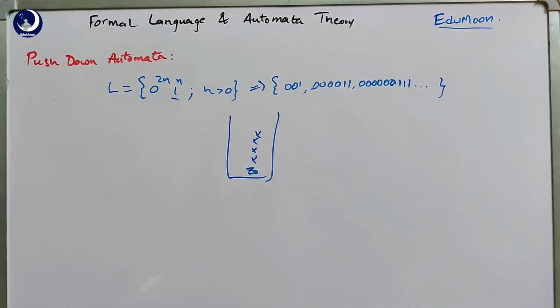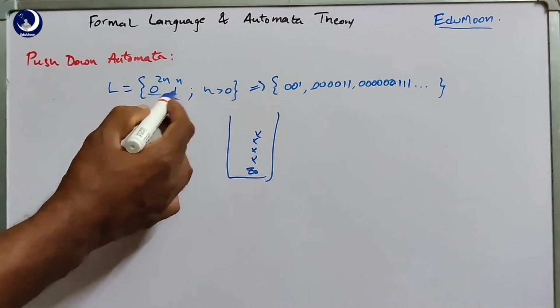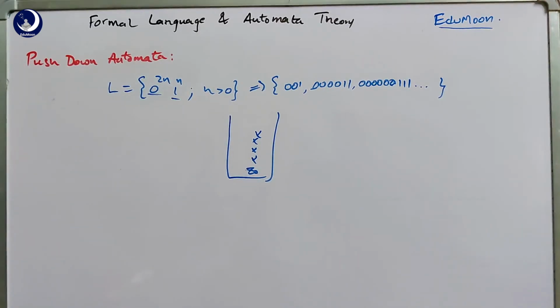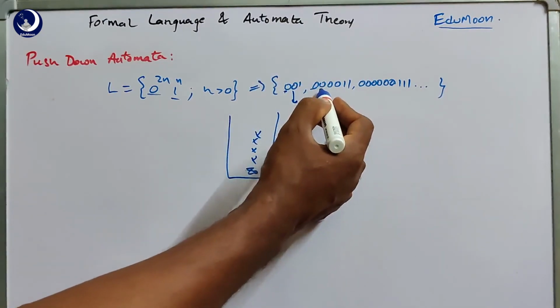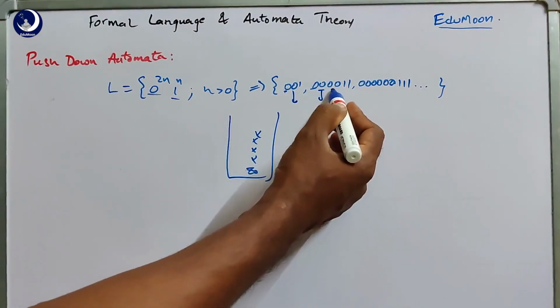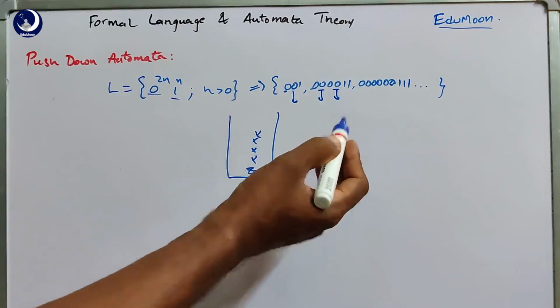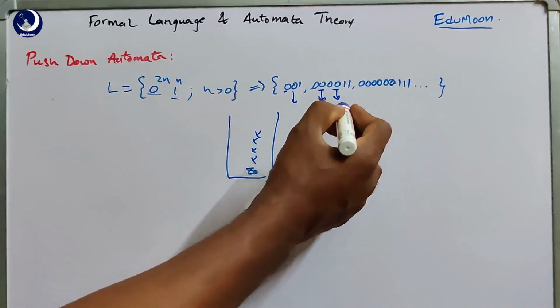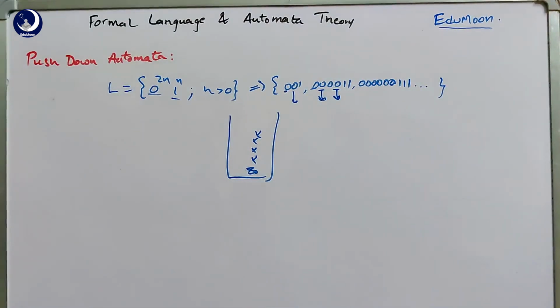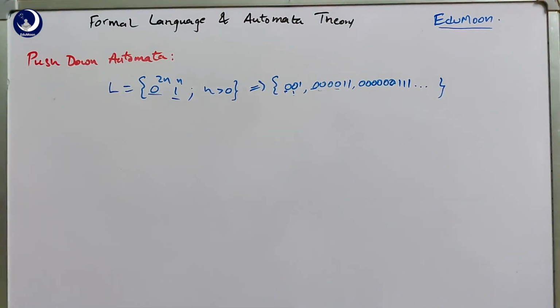The other way of doing this is, we are not going to push all the zeros into the stack. Instead, we try to push only the even zeros. That is, we leave the first one and push the second one so that it will be popped out. Again for this example, we push the second 0 and the fourth 0. So when the ones are encountered, we can pop them out. For even zeros, we push into the stack. For odd zeros, we are not going to push into the stack.